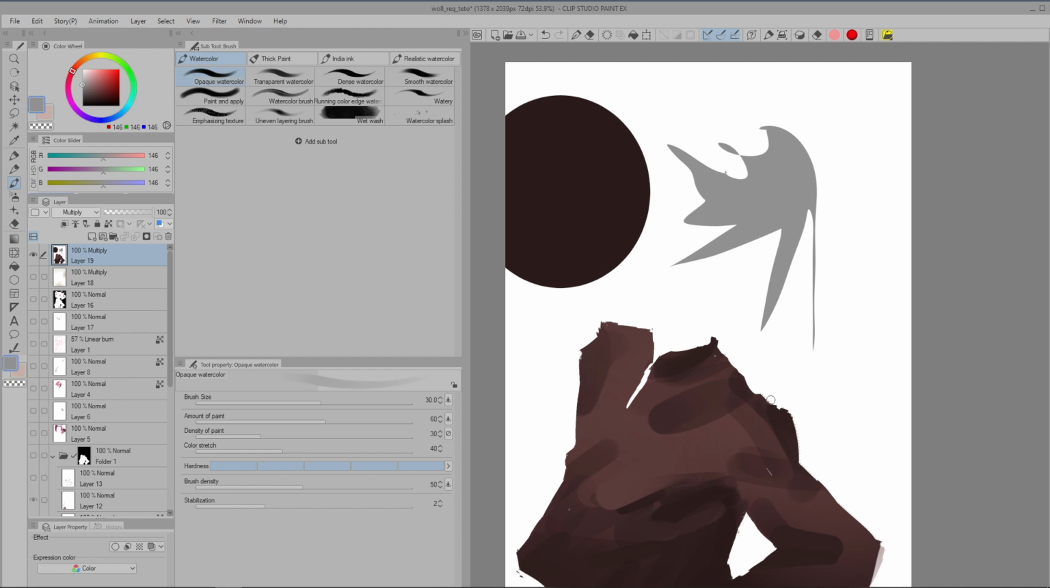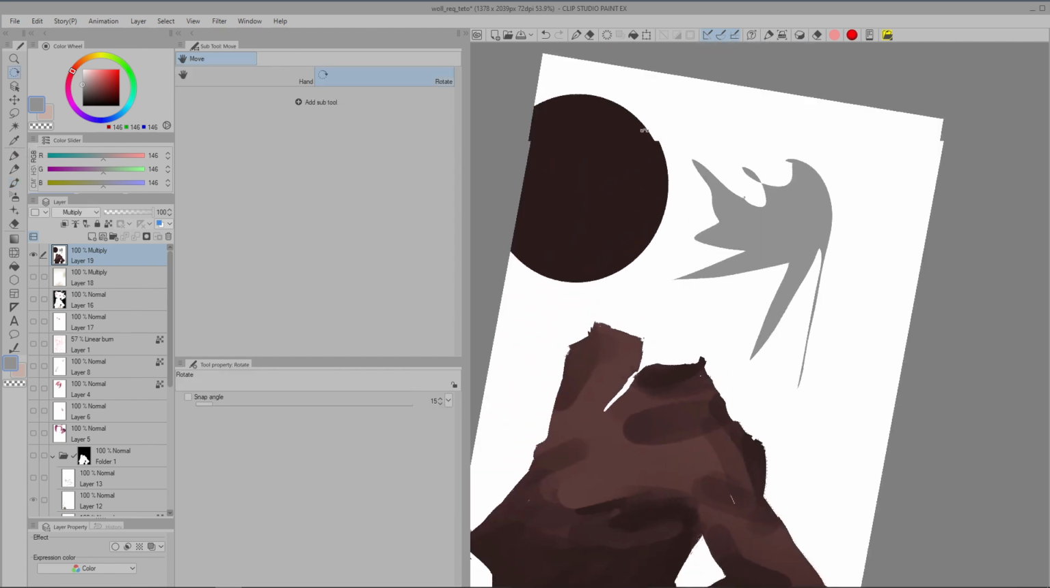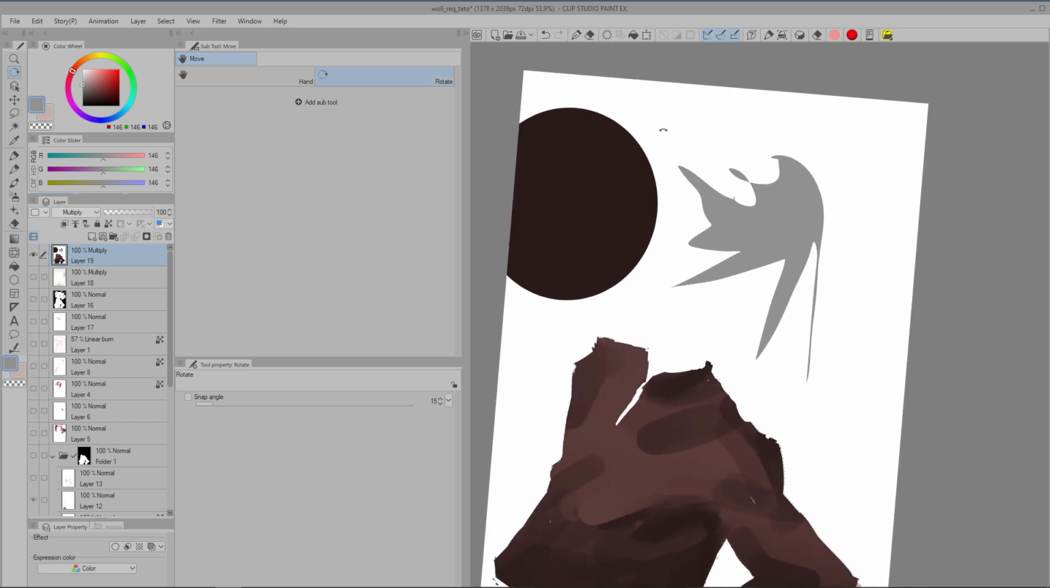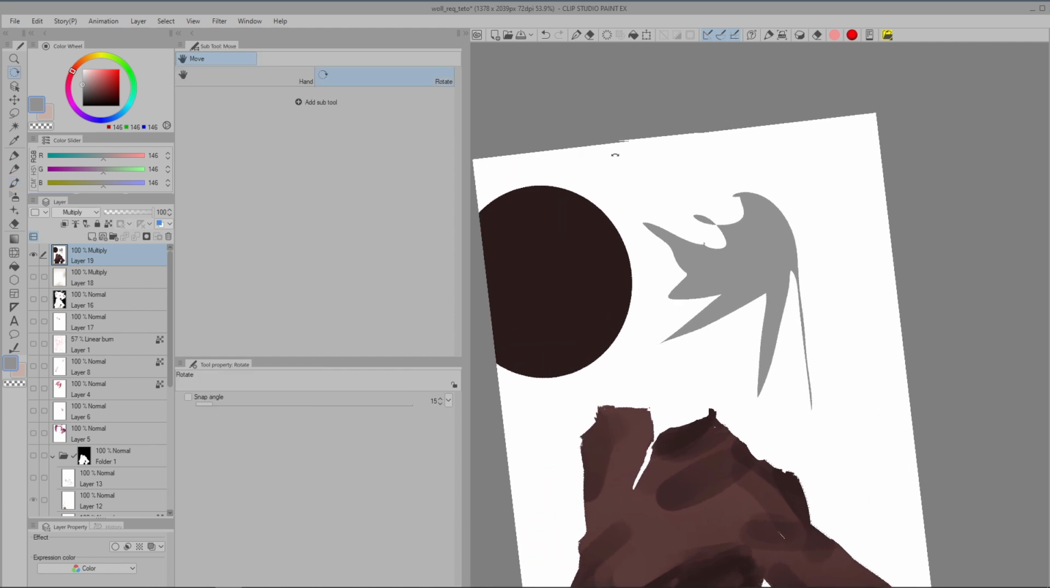Oh, there's the rotate tool. It's actually very important for rotating the canvas. So what we're gonna do here is